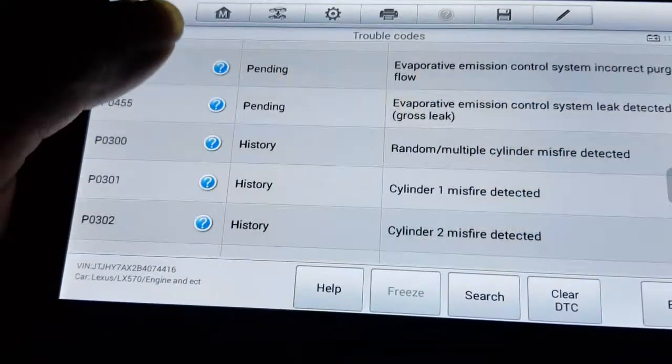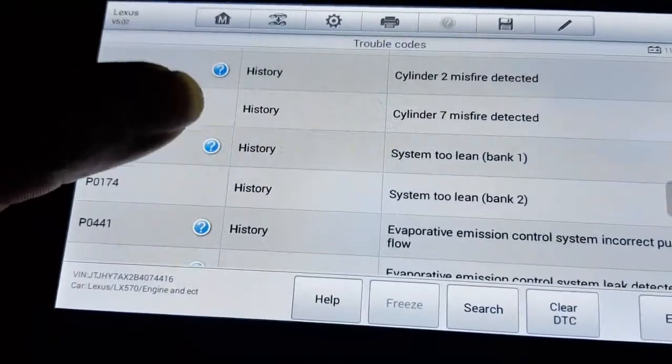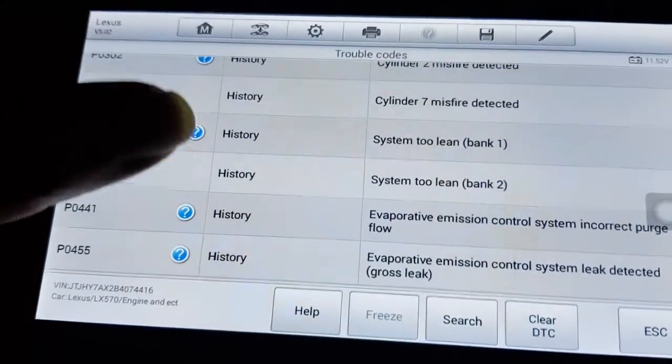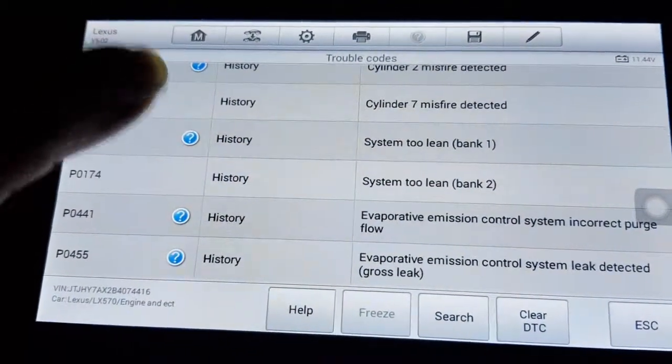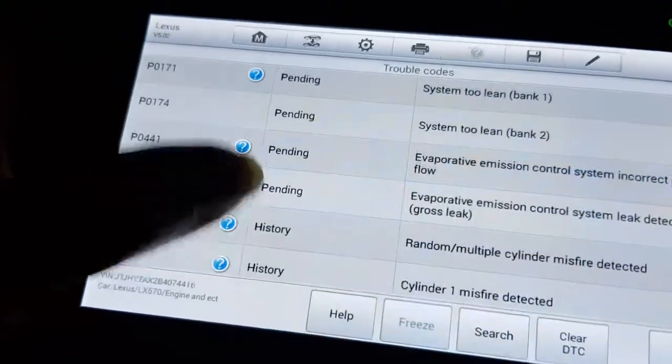You see random multi-misfire. All the troubleshooting has to do with the fuel, the air and the vacuum of the motor. Now I will talk about this kind of troubleshooting.